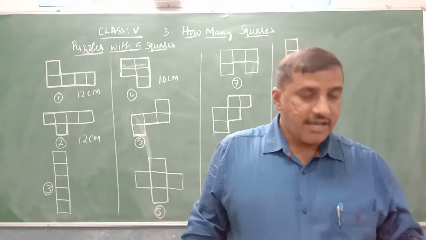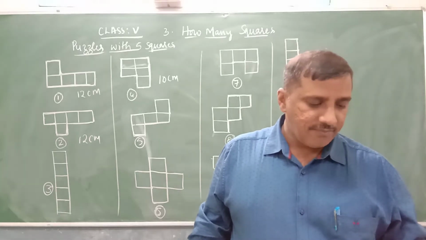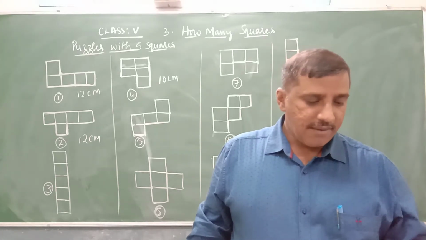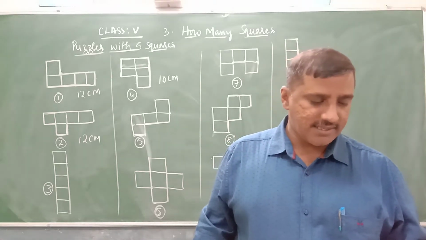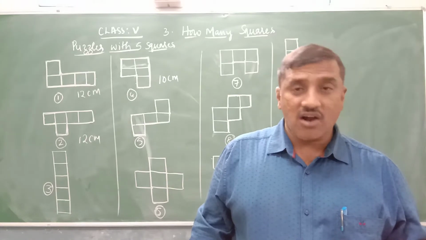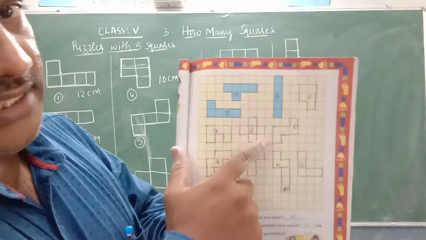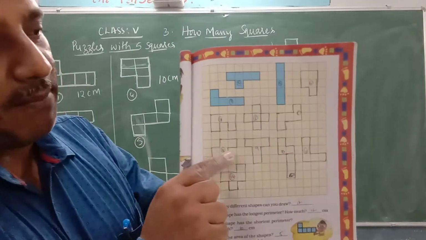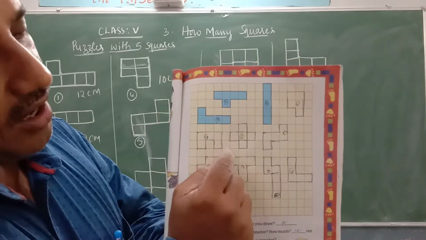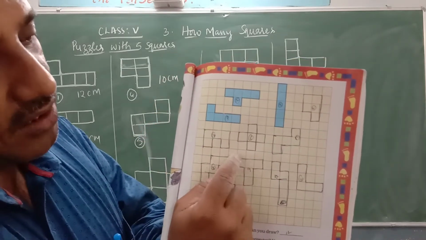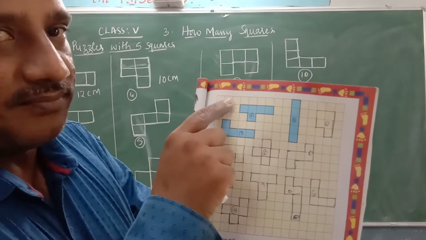with 5 squares. Measure the side of a small square on the squared paper on page 45. Make as many shapes as possible using 5 such squares. There are 3 drawn for you. So here a square grid paper is given. This is the square grid paper. In this square grid paper, measure the side of the small square. So all are small squares of the same size. So if you measure this square, we'll get 1 centimeter as its length.